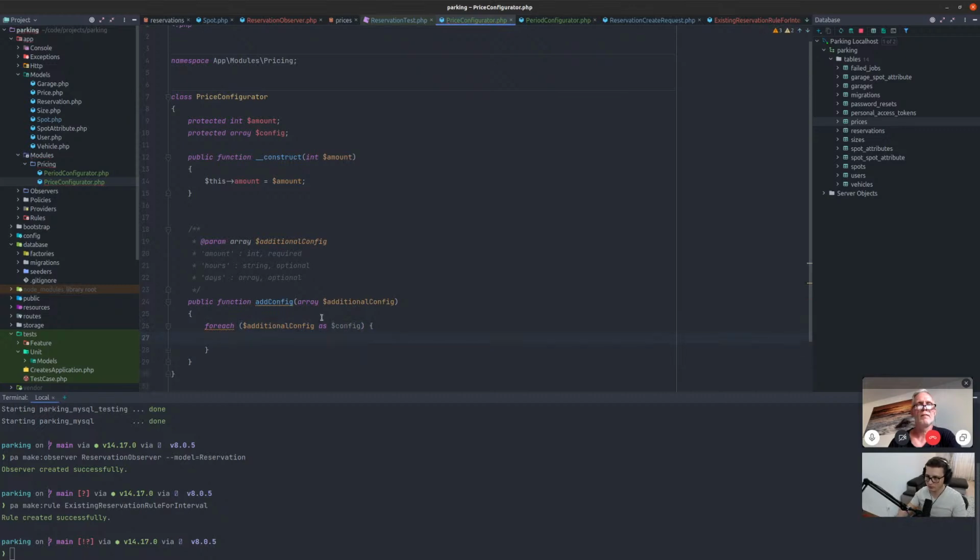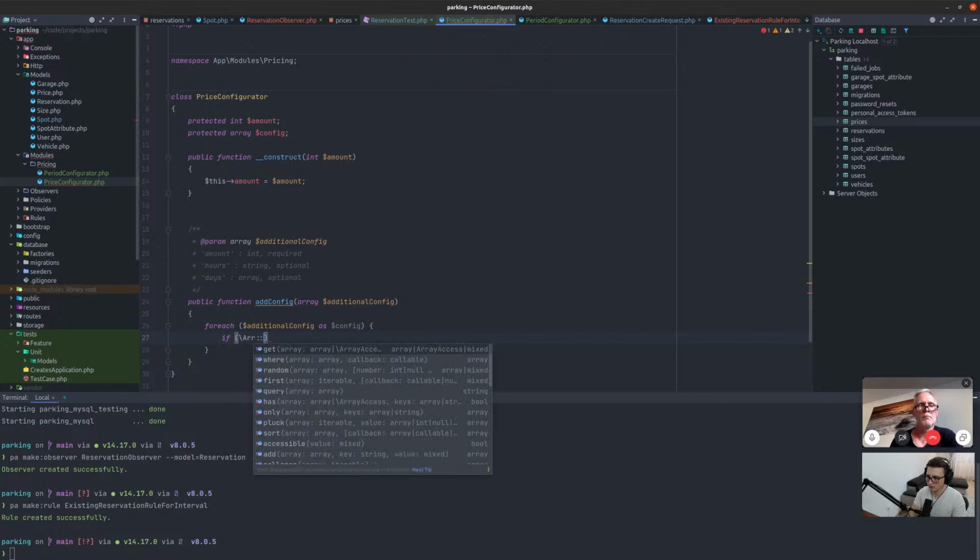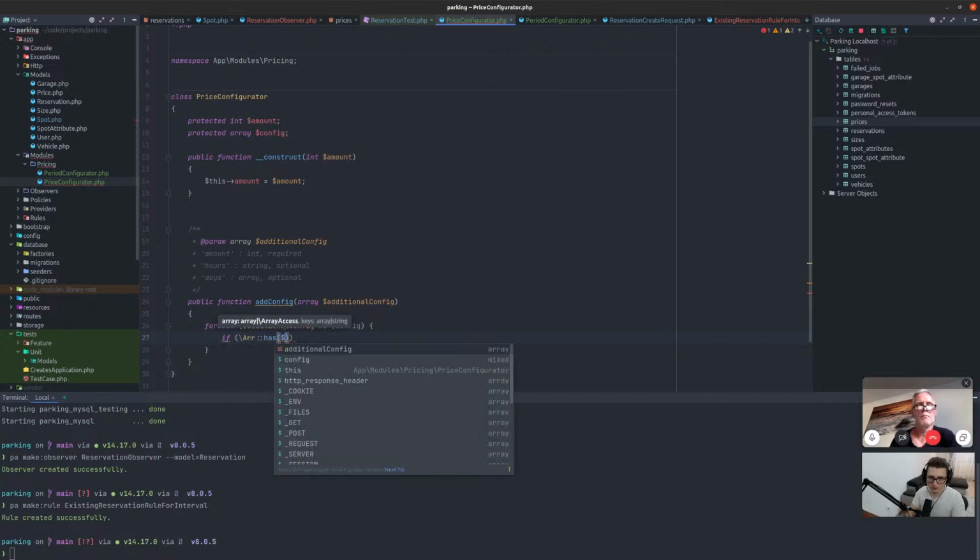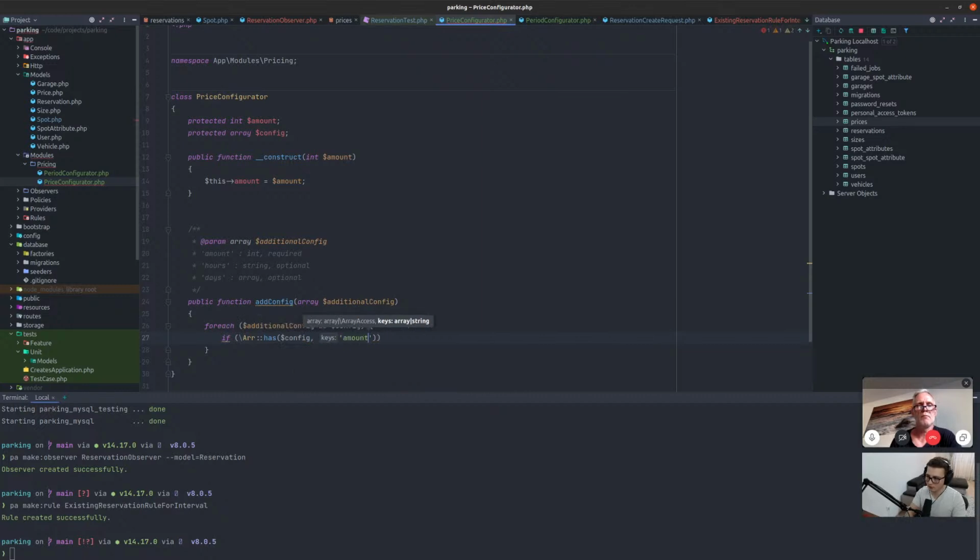I thought it would autocomplete for me. Alright, so what we want to check is if it doesn't have an amount. Oh, but we set it as required. This can be optional as well, but then it doesn't make sense. So I think there should always be an amount. But since we cannot validate this, yeah. So if the config doesn't have the amount,